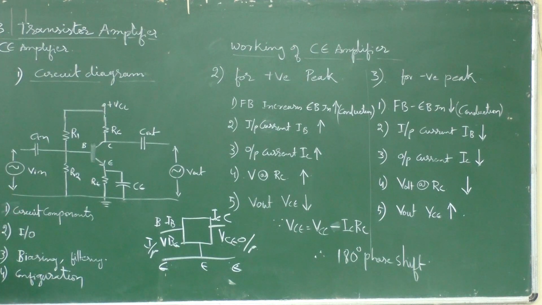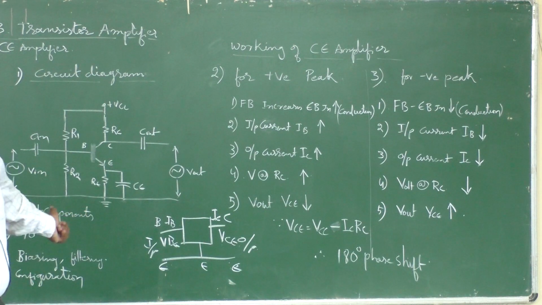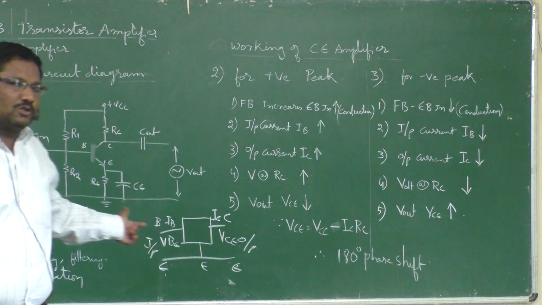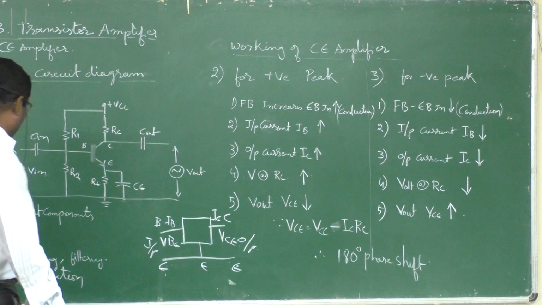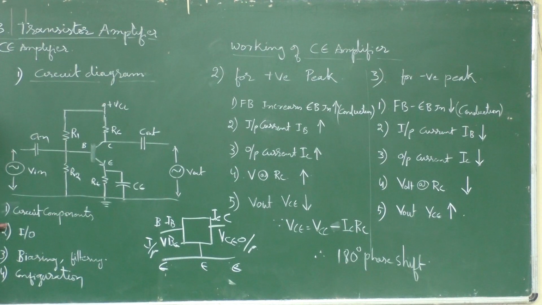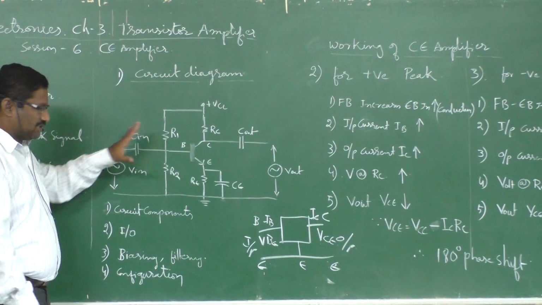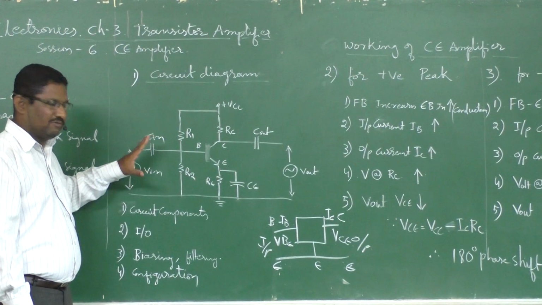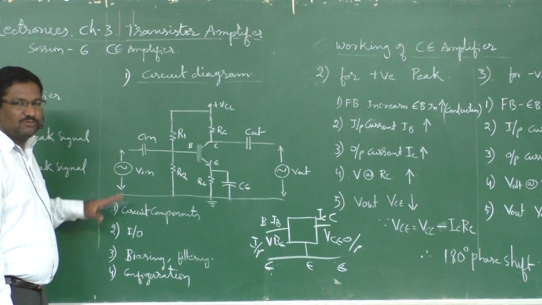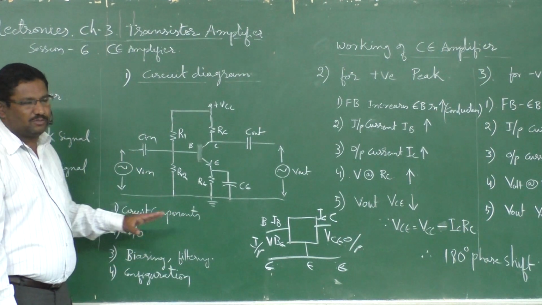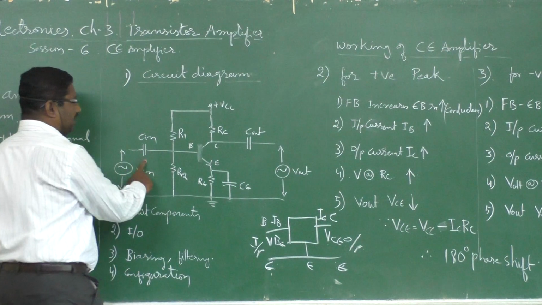So recently in the examination this question was asked, and students need to explain keeping in mind these points. First point, second point, third point, and fourth point. The first point is the circuit components: they have to explain what circuit components are available here. The second is what the input is and what the output is. And then the biasing or the filtering circuits. Biasing and filtering. Filtering here: C in and C out.